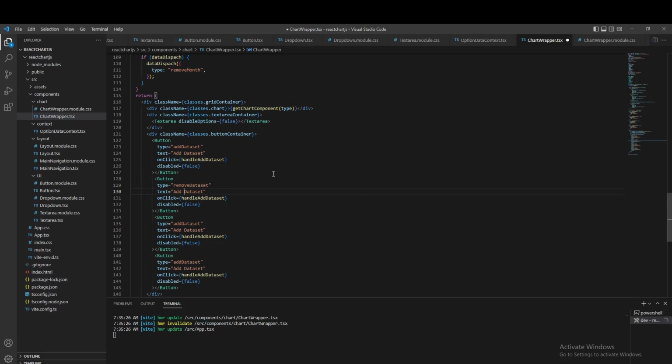The next one is going to be the remove dataset, and this will have the remove dataset as text and the handle of the remove dataset. And of course we can disable it. We can't disable it. No, we can't. The next one is the add month. With the text add month, we'll have the handle add month here, and